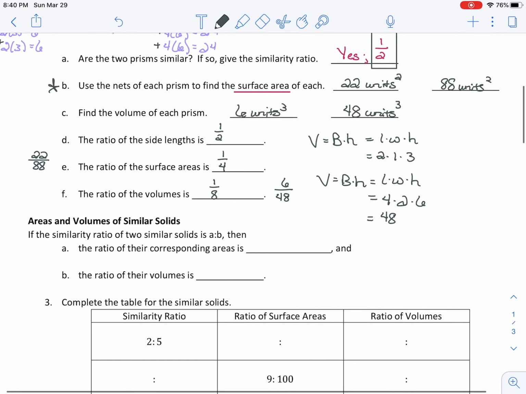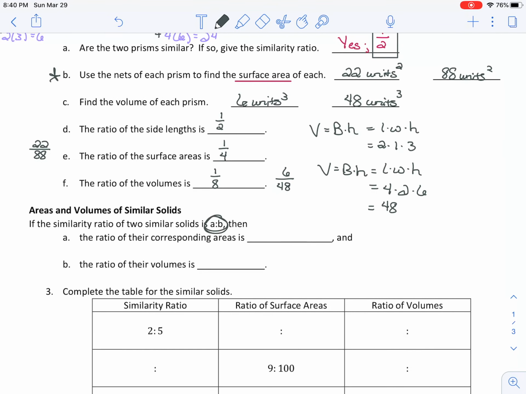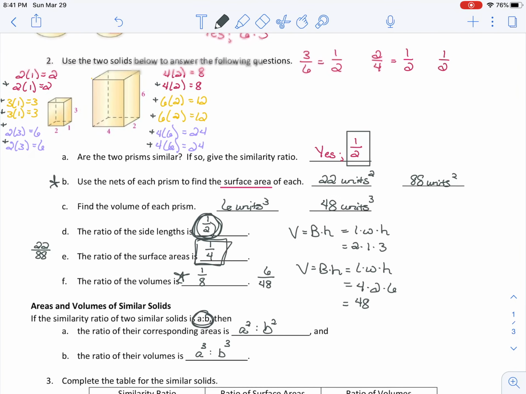So what we end up seeing is that if I have some starting out ratio of A to B, like this 1 to 2, I can quickly find the ratio of the surface areas by just squaring A and B. 1 squared was 1, 2 squared was 4. I can also quickly find the ratio of the volumes without actually calculating them, because I could take my initial A and B and take it to the third power. 1 cubed is 1, 2 cubed is 8,